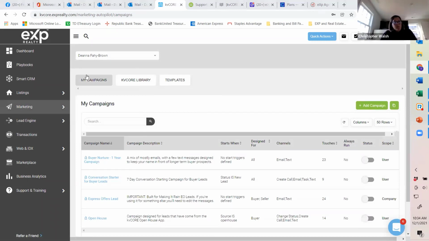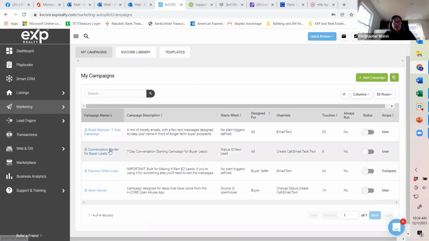If you take a look at smart campaigns, there are going to be multiple categories that you can choose from. When it's your first time, when you first log in here, I think you're going to have one campaign that's available to you, and that's going to be express offers leads. We did talk a little bit about express offers last week. So hopefully if you had an opportunity to hear about that content,